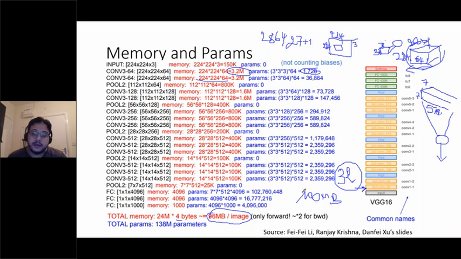Exactly, yeah. So you need like 200 megs per image. A small image that small requires 200 megs. So in a batch of 32, you probably need at least something like 7 gigs.